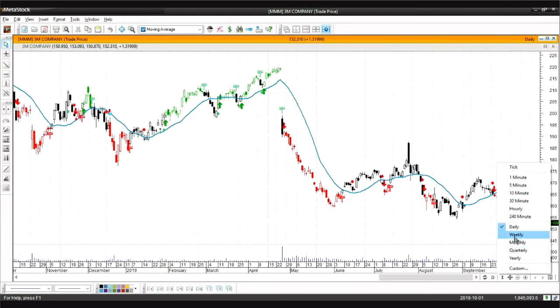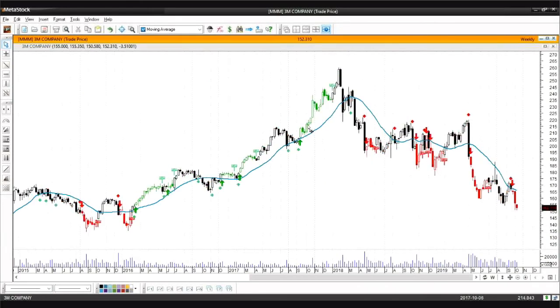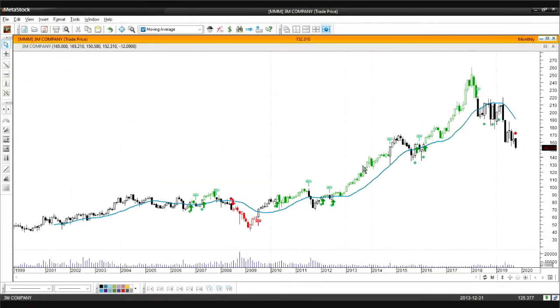Let's see what the weekly looks like. Yeah, there were some nice ones there. And monthly, yeah, some really good ones there as well. So again, even though there's a number of oscillators and indicators behind this, the odds are stacked in your favor when you're trading with trend and momentum. Okay, so let's look at, say, a